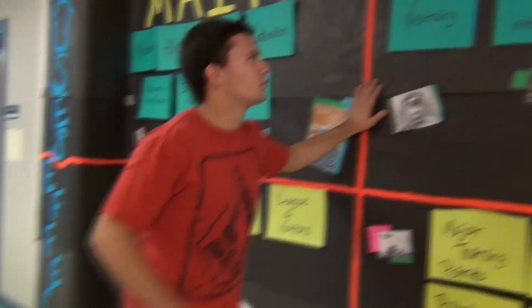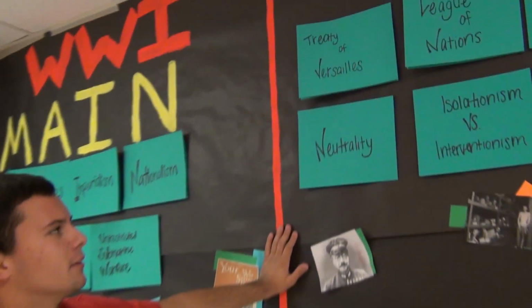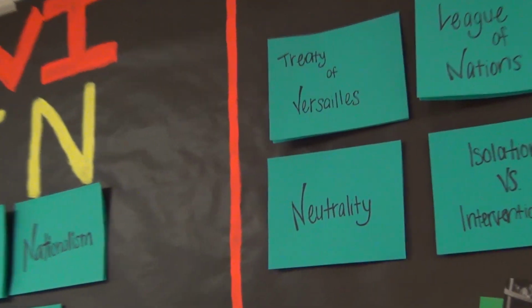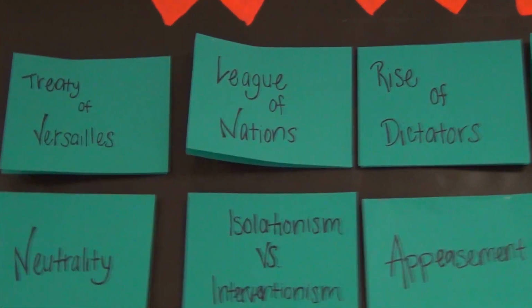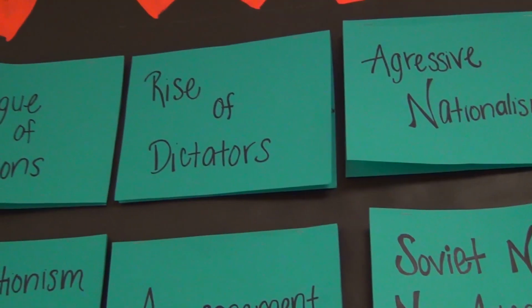Let's move on to World War II. After World War I, the Treaty of Versailles created a bitter resentment between Germany and the victors of World War I. This led to tension. The League of Nations' lack of a military made it completely ineffective. The rise of dictators such as Hideki Tojo in Japan, Hitler in Germany, Mussolini in Italy, and Stalin in the Soviet Union led to aggressive nationalism